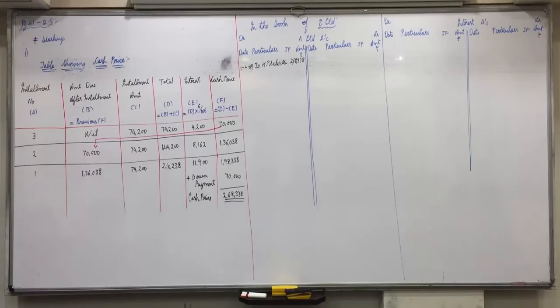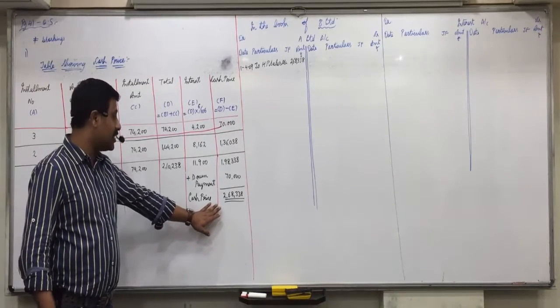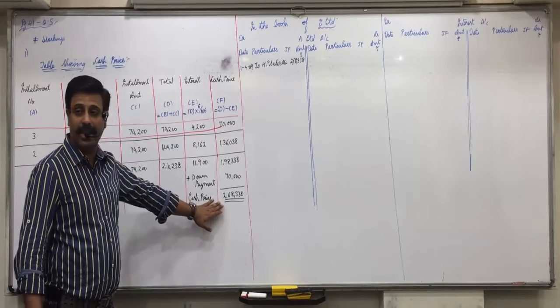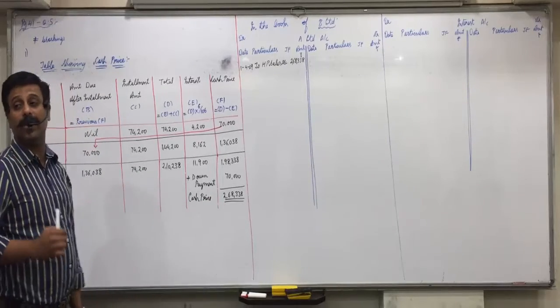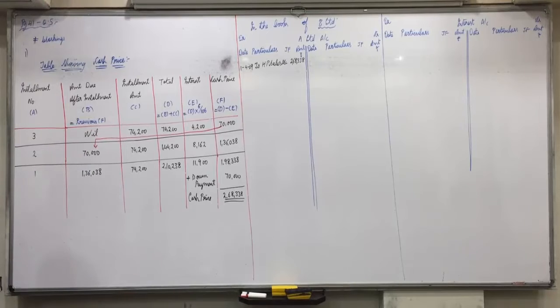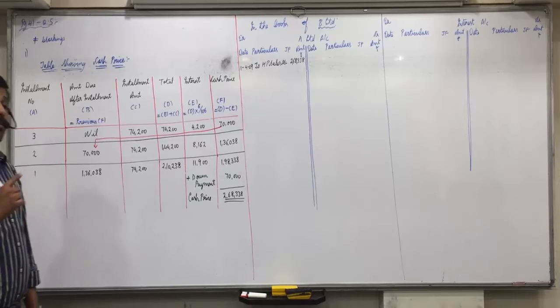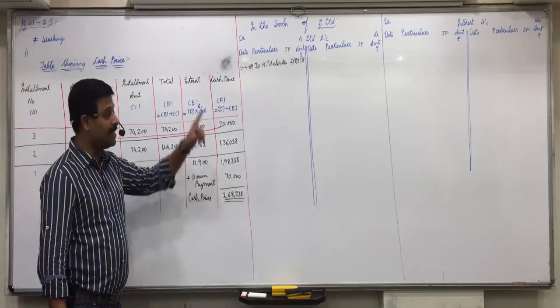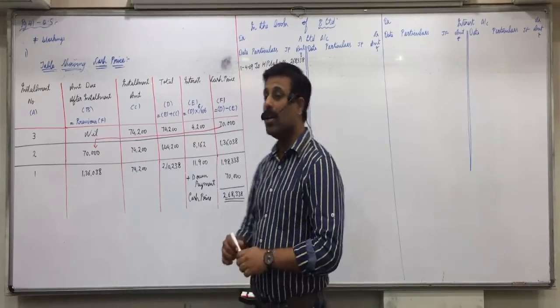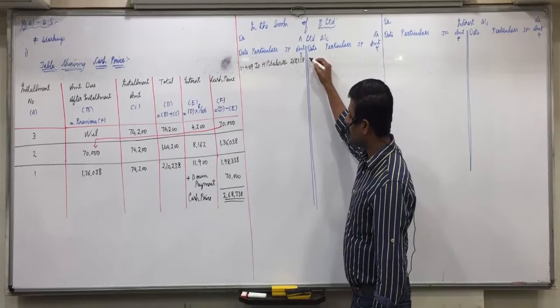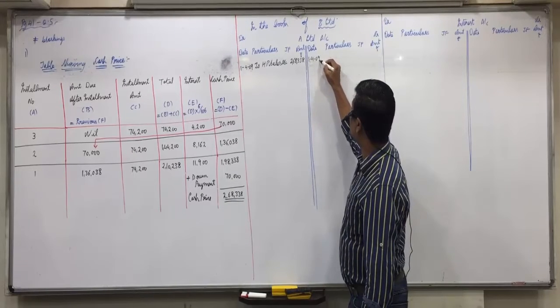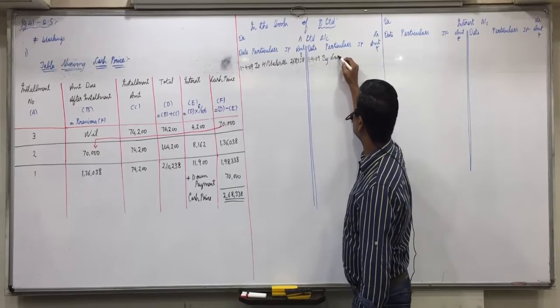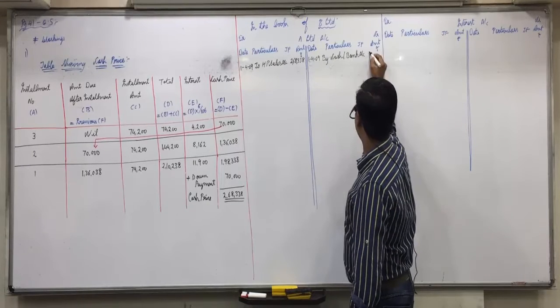268,338. Did you all understand this? First is A Limited to hire purchase sales with the cash price. Then the second entry is for the down payment. Now from the seller's point of view, he is receiving the down payment. So cash or bank account debit to buyer account. Cash or bank account debit 70,000 to buyer, means A Limited account 70,000. To A Limited, so A Limited on the credit side, by cash or bank account 70,000.